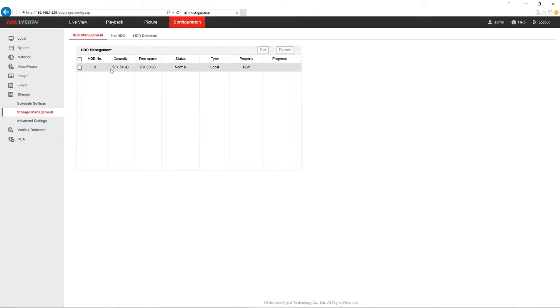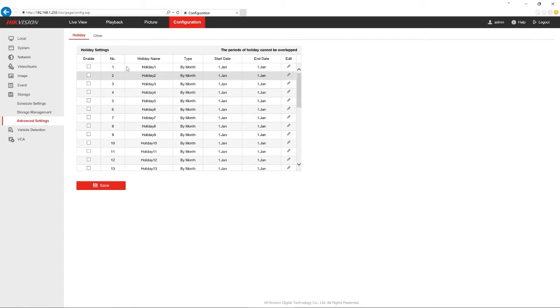Here's where you can see your storage. As you can see, there's one hard drive. It's 1 terabyte. And you'd be able to format it, do different things. That's pretty much it. There's not much other stuff to be looking at in order to configure it. So,